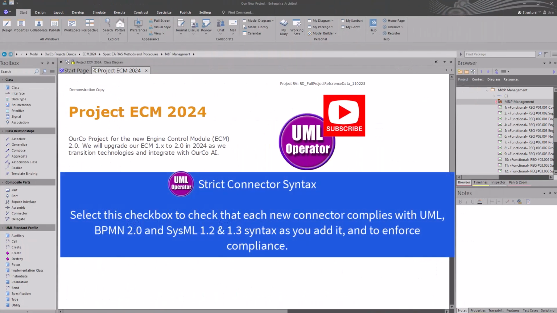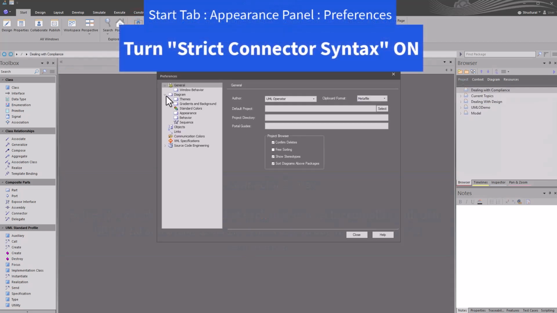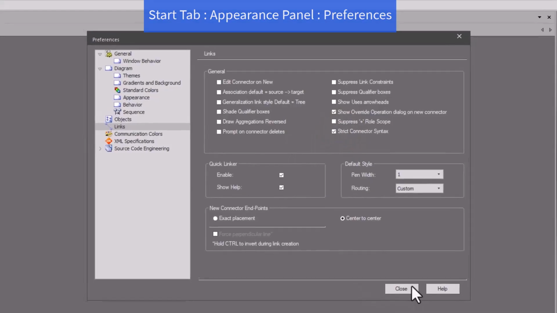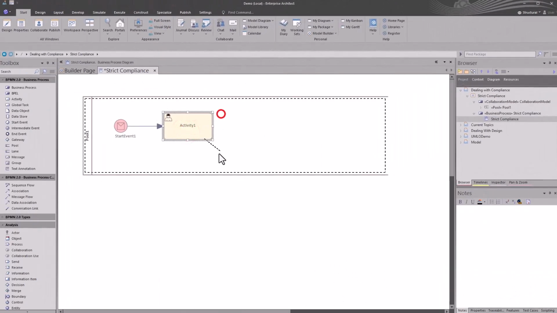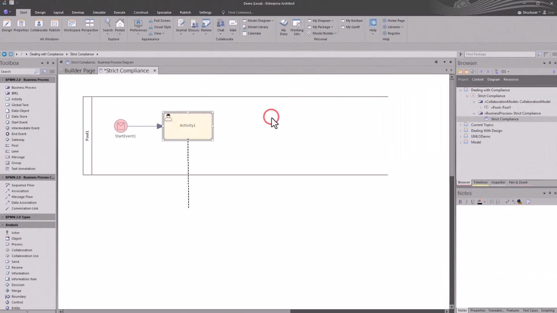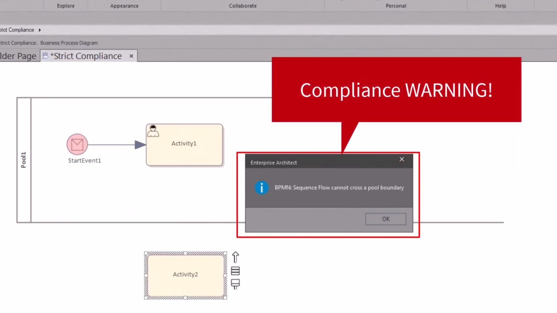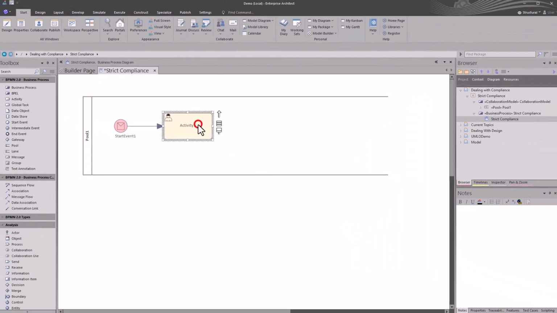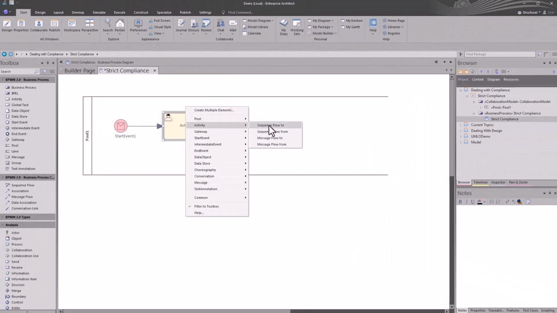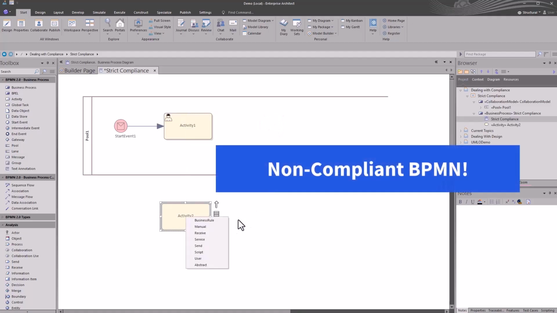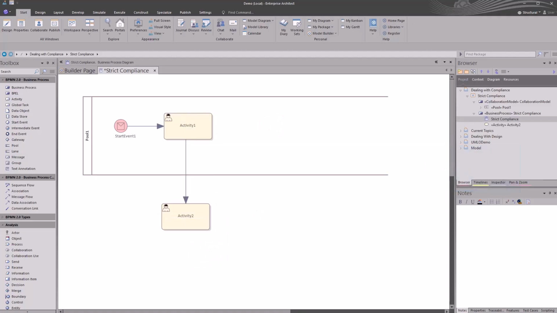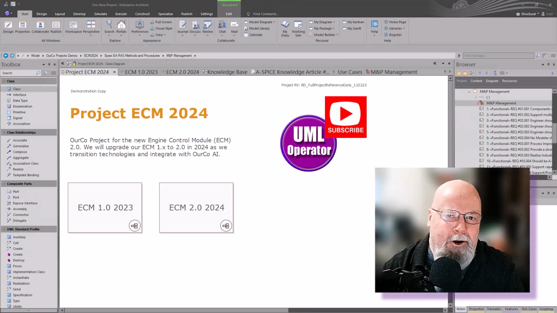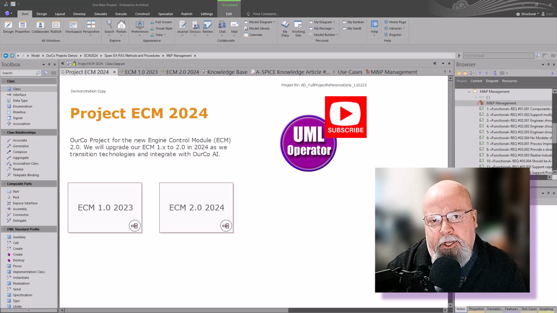Next, let's look at a feature in Sparx Enterprise Architect called strict connector syntax. You select this checkbox to check that each new connector complies with UML, BPMN2, or even SysML as you do each one, and enforce compliance. Here we turn off strict connector syntax and we're allowed to do exactly what we want to do, which is non-compliant BPMN. Whether you're just starting in UML or refining your advanced modeling skills, remember this: UML is a tool